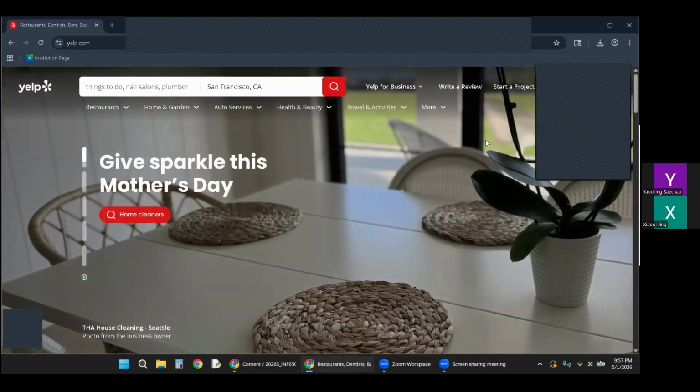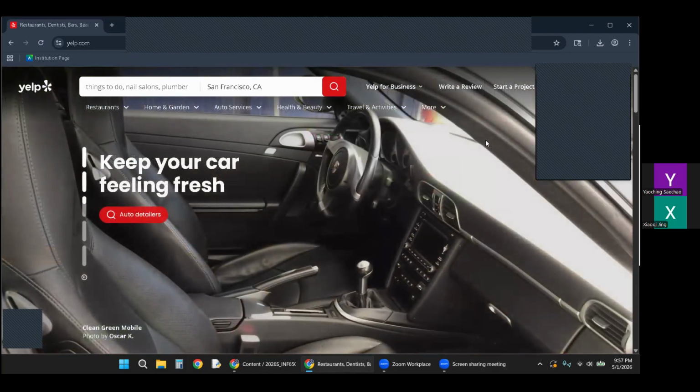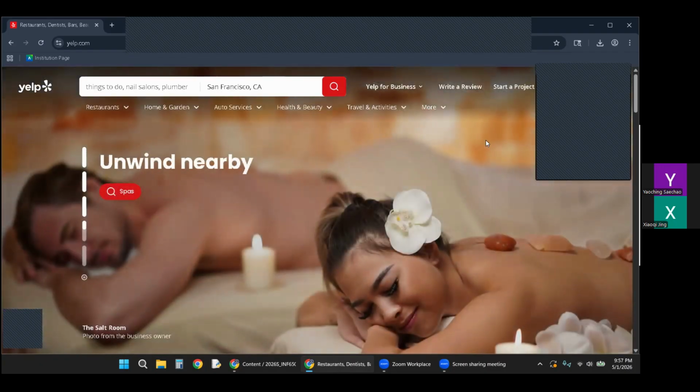And how comfortable are you with using websites to search for food or restaurants? I'm fairly confident. Of course, if it's a brand new place, you kind of have to take the ratings into account. Okay.